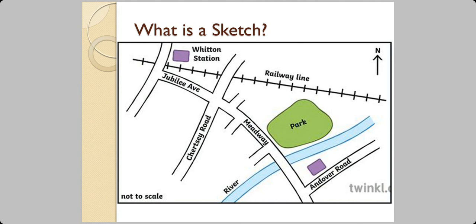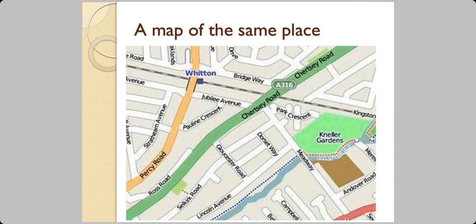But in a sketch, we do not include a lot of details. We only include what is required for the time being. And the sketches are never accurate. And don't have the scale. They don't have all the details. They don't show the correct measurements. They don't show the correct directions, and still it works. So now, if you compare that with a map of the same place,